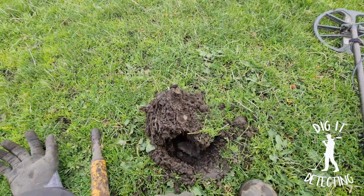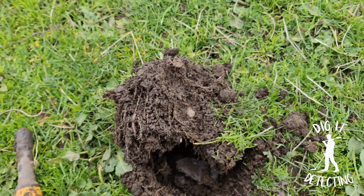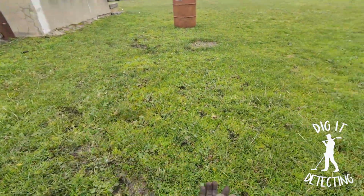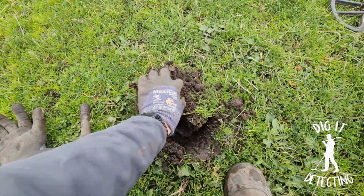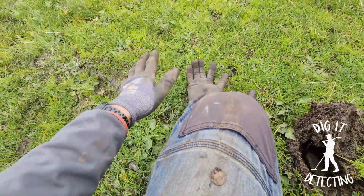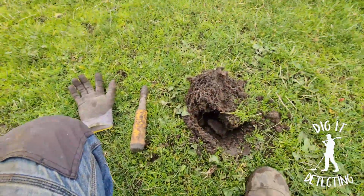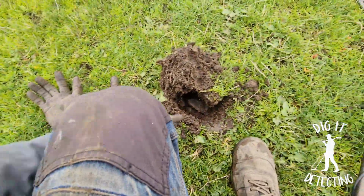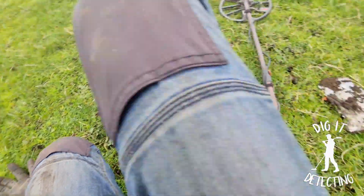Oh bugger, I did not film this one. It's always the way. We got a little silver down there, and I'm still working just west of that loading ramp. So why didn't I film this? It's always the way though, isn't it? I dug a bottle top right there under my feet, and then I thought this probably is going to be a bottle top too. And as you can hear,